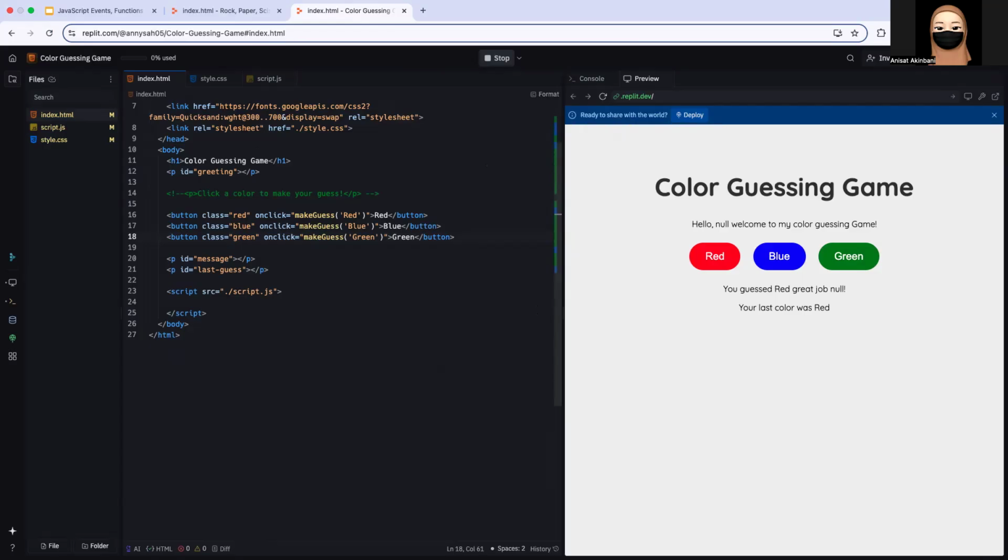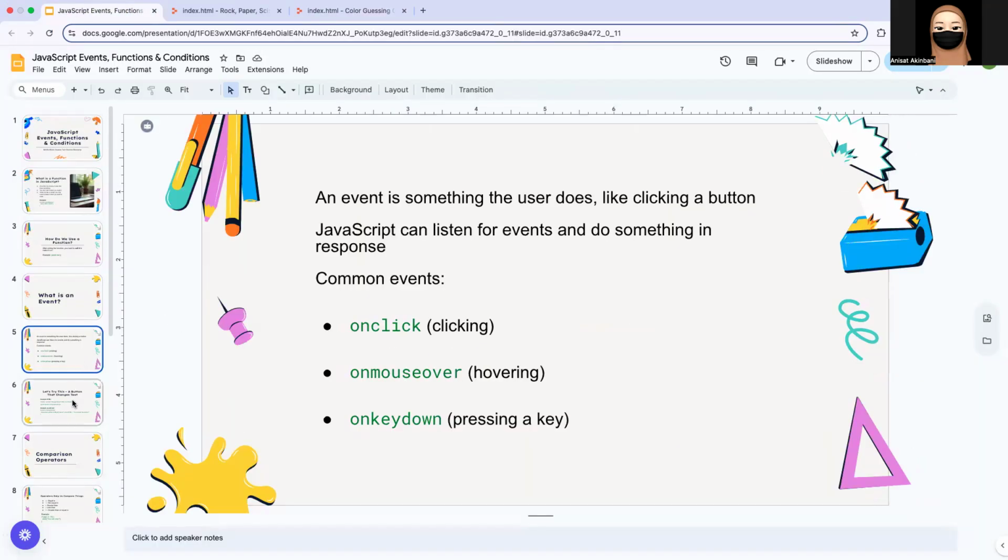All right. So now, the next thing I would like to touch base with you guys on is called comparison operators. So let me show you my next slide. Okay, I already mentioned onclick, onmouse. These are examples of other events. Onkeydown is when you press a key down. So onkeydown is useful if you want to build things like